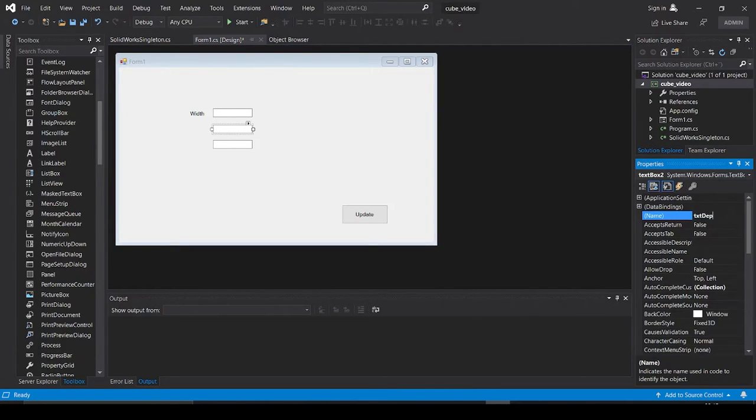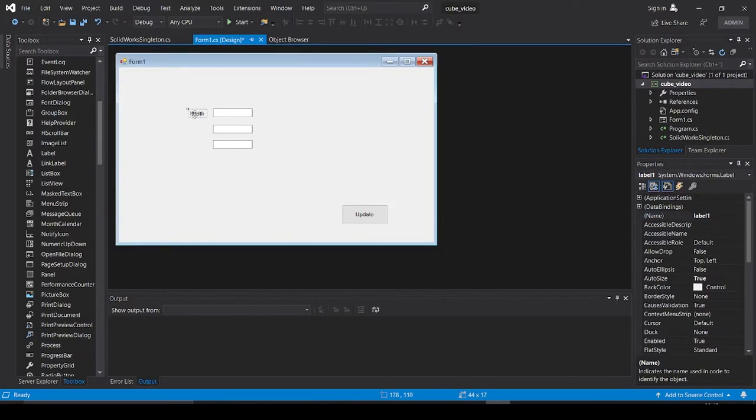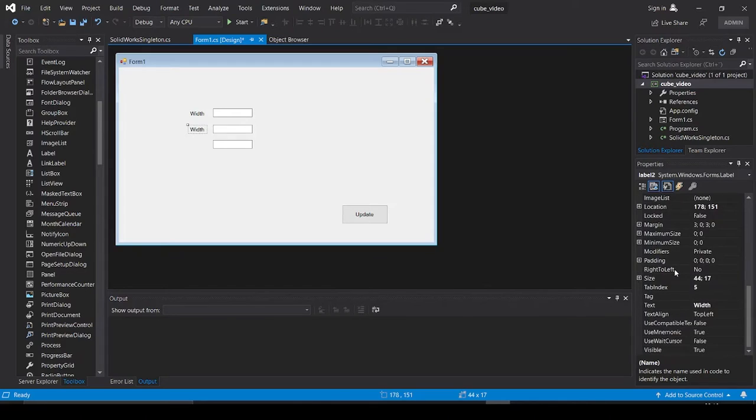Txt depth. Yeah, copy and paste the label like that, and change that label text to depth,